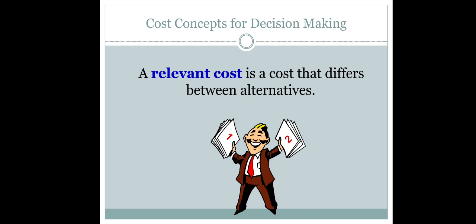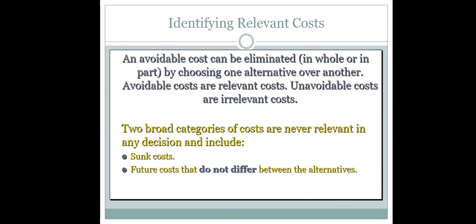So another category of cost that you have to know is categories of cost related to decision making. So this is the one that you have to know. When you want to learn about decision making, one of the types of cost that you have to know is called relevant cost. So a relevant cost is a cost that differs between alternatives. Okay, so